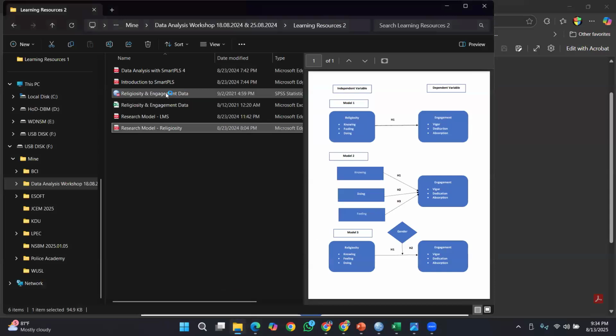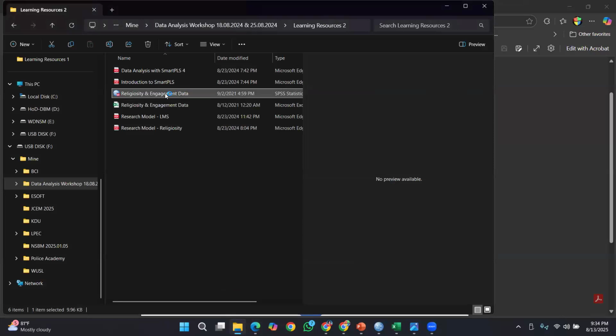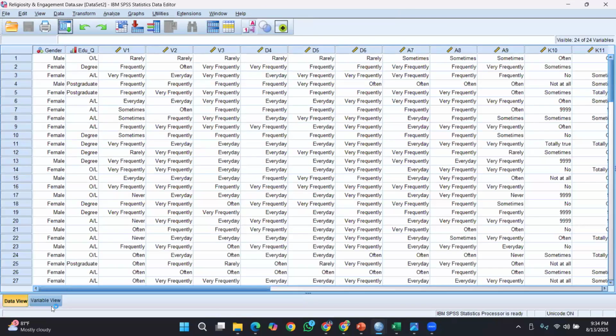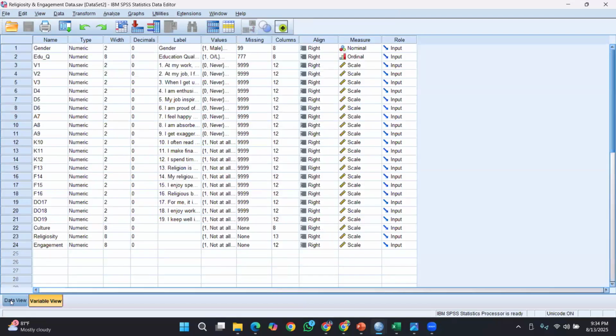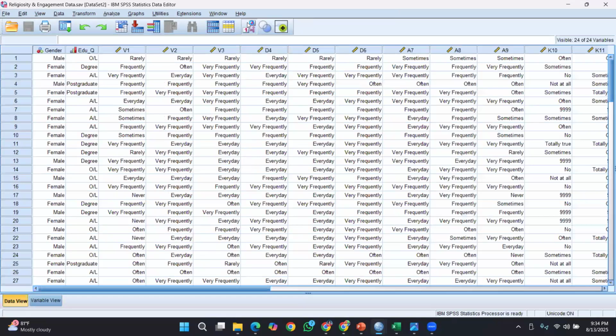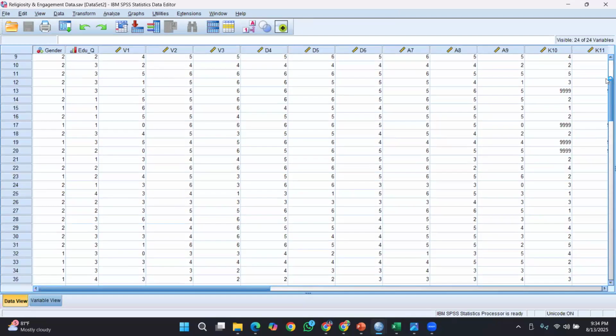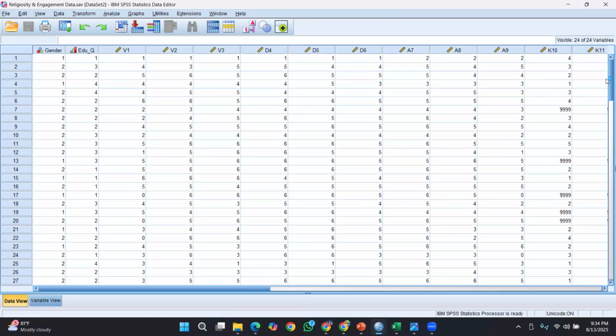Here comes the data. You can see the missing values have been included. Now, of course, we need to calculate the reliability. But I'm not going to explain what reliability means, because that theoretical material has already been covered.